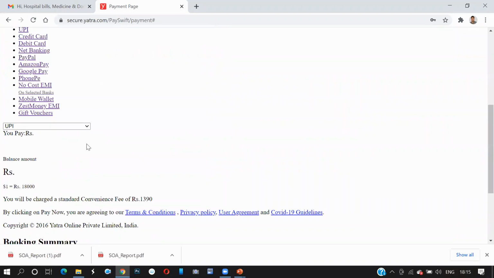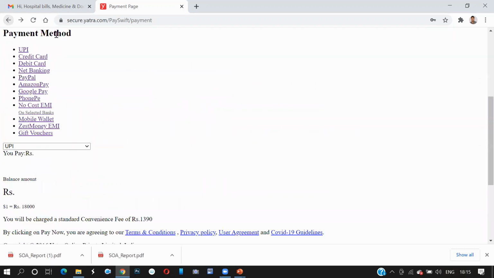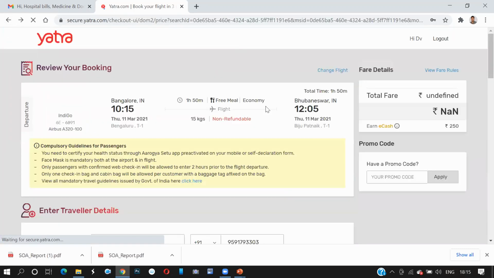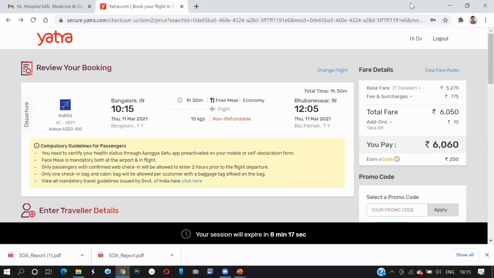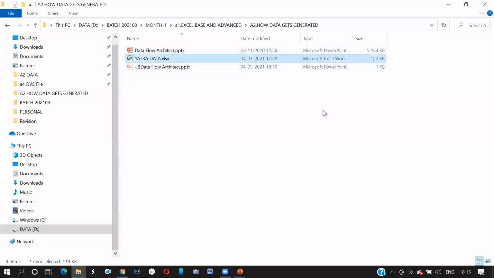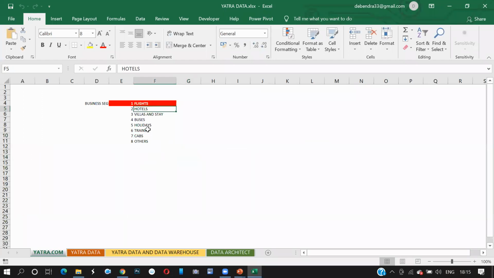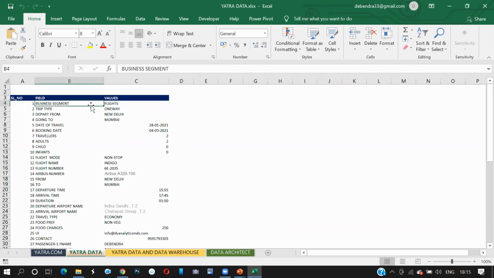Okay, so guys, what is happening here: when you're trying to book the ticket from the Yatra website, you're doing everything online. Now, let me tell you what is happening in the back end. In the back end, something is happening like this. The first step where you go to Yatra, it has different segments. You go to flight segment. Second, in the flight segment, when you select flight, you select the trip type is one way, depart from New Delhi, going to Mumbai, date of travel you're giving, booking date you're giving,